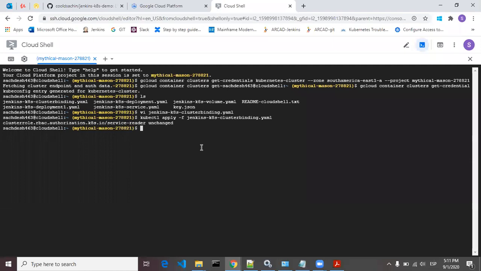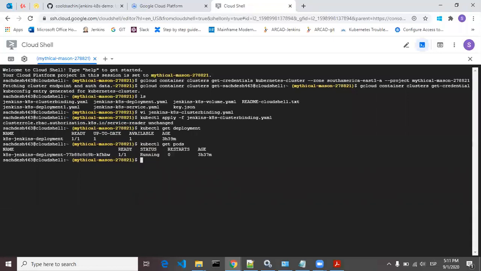Once you do that, you have to check using kubectl get deployment. So you will see one deployment is already done. To check the pods, kubectl get pods. So you can see your pod is running.